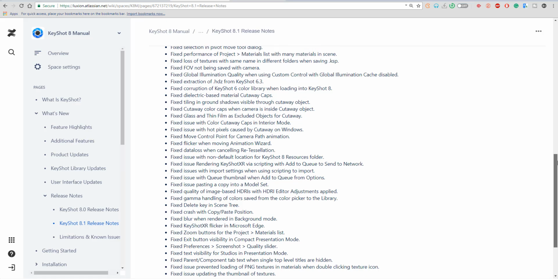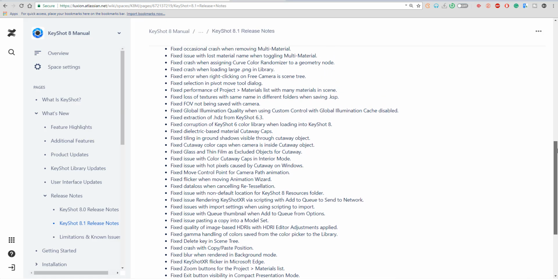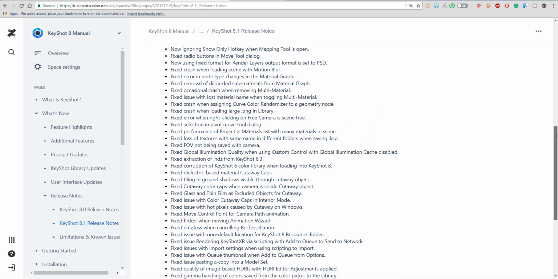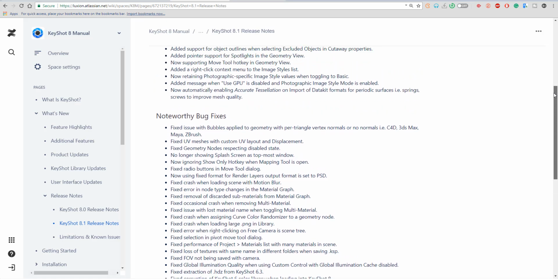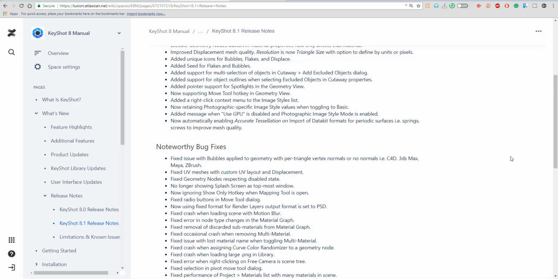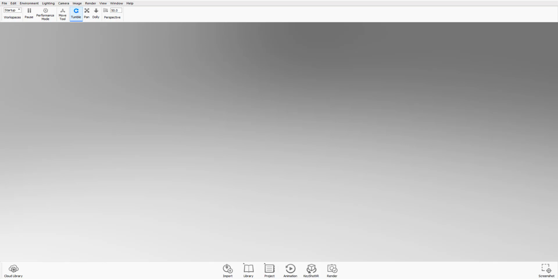I mean, if companies could go out of their way like this and fix a ton of stuff like this, it would really help. Now, it's not the fixing of the bugs that was the problem, or the improvements, they're amazing improvements, by the way, that they've made. That is the highlight of today. The highlight of today is Keyshot 8.1 is out, and there are just a couple of things that have been put into place. If you remember from the last video, where I talked about Keyshot 8,